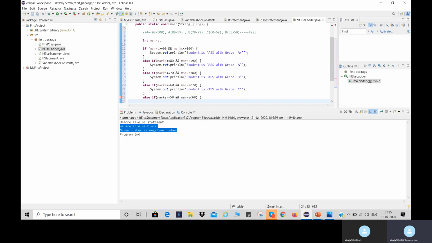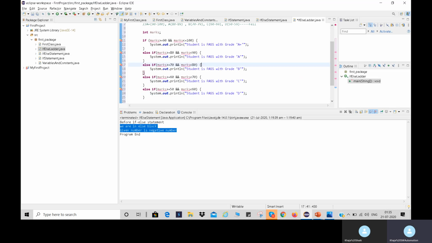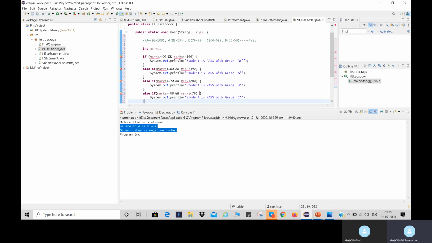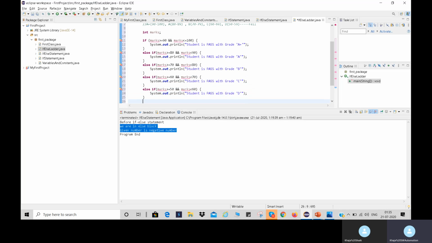So in this scenario, he will get grade D. Okay. So these are the possible options. He might have got A plus, or he might have got A, or B grade, or C grade, or D grade. So let us suppose if he is not getting any of these, means else